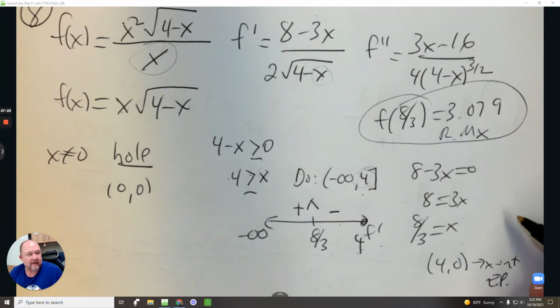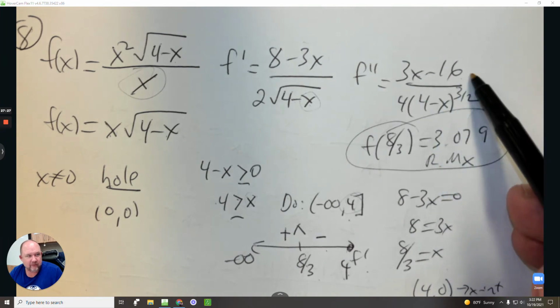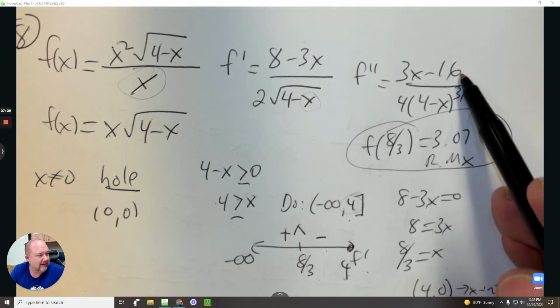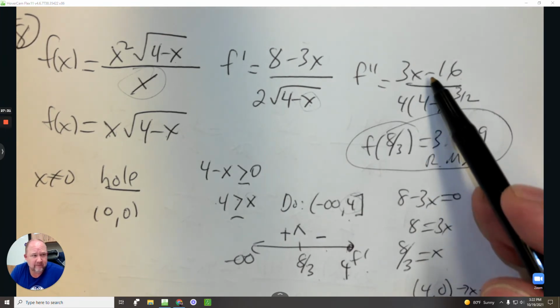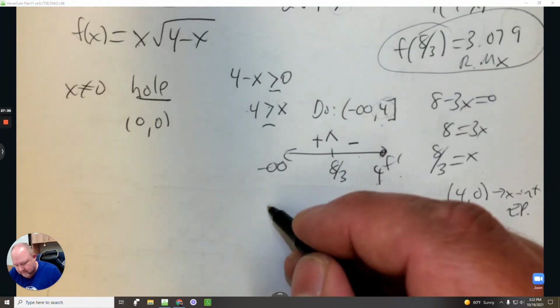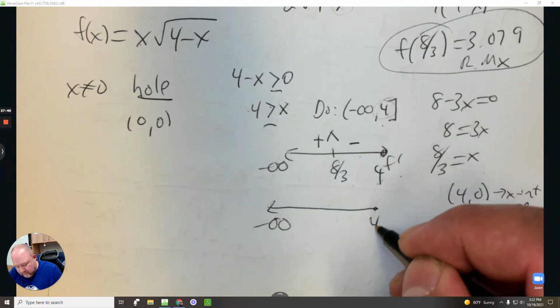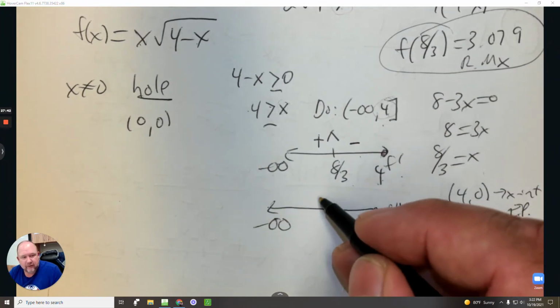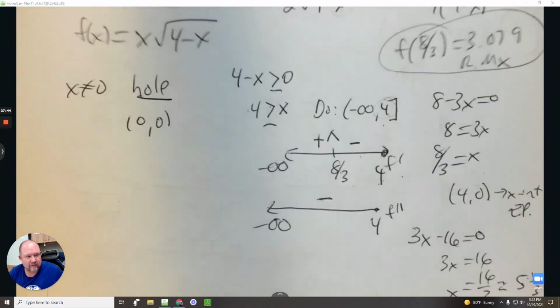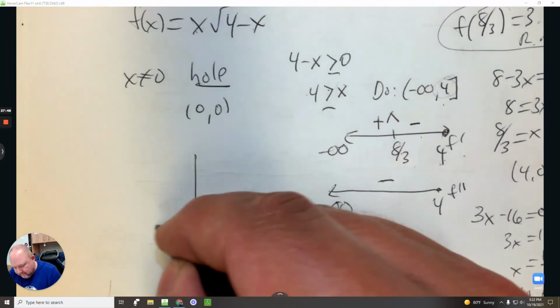And if I plug in a number smaller than 5, whatever, the answer is going to be negative. It's concave down throughout. So the whole thing has one concavity and it's concave down. So if I look from negative infinity to 4, any number you plug in is going to give you a negative answer, and there's no point of inflection. So if I put all of this together,